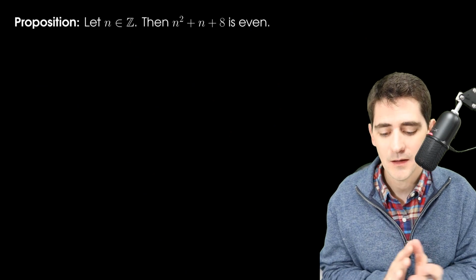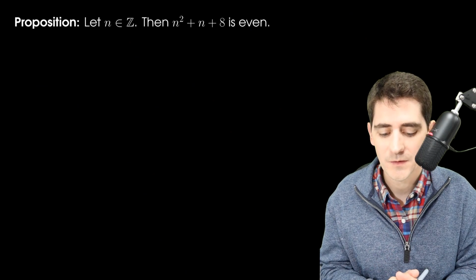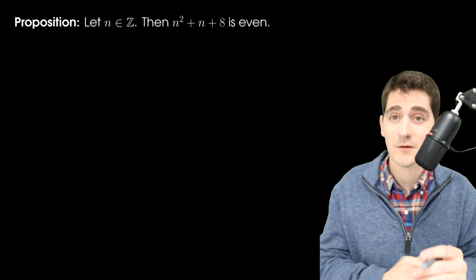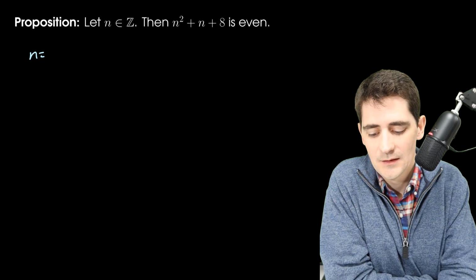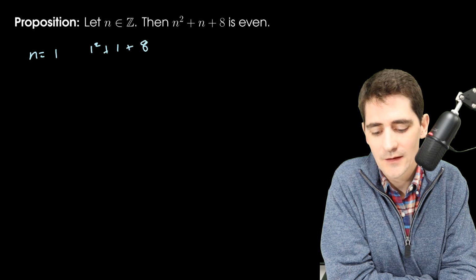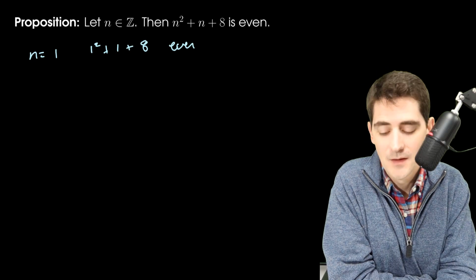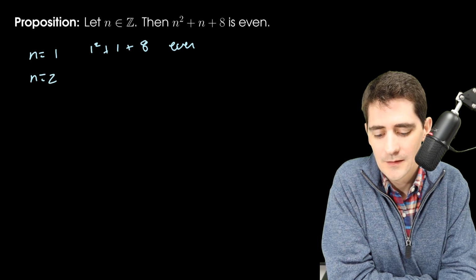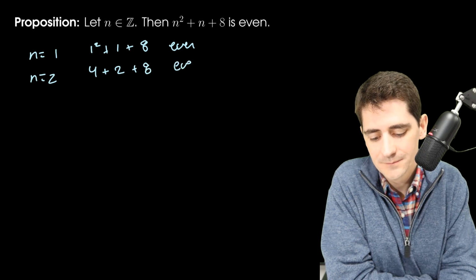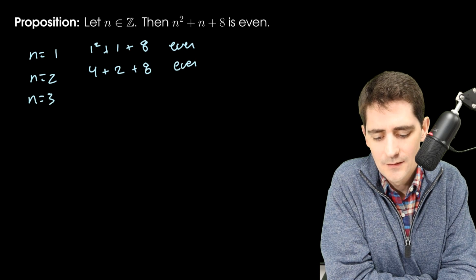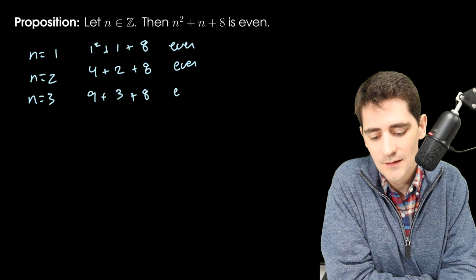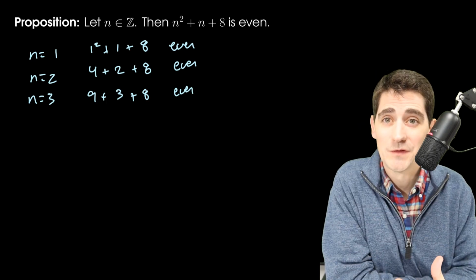Okay, this time it says for any integer we want, n squared plus n plus 8 is even. Let's test it. Let's make sure that we agree with this. Okay, so let's pick anything we want. How about 1? So then I have 1 squared plus 1 plus 8. That's definitely even. All right, that'll be 10. If I try 2, I get 2 squared, which is 4, plus 2 plus 8. That's definitely even. If I try 3, let's see, that's a 9 plus 3. That adds up to be 12 plus 8. I also get even again. In my opinion, I believe this is going to be a true statement.